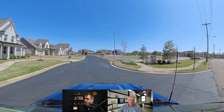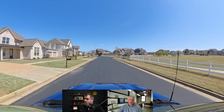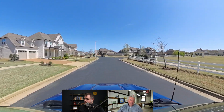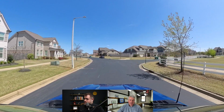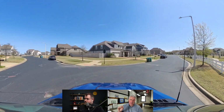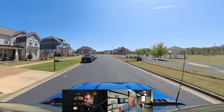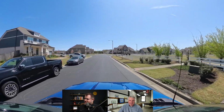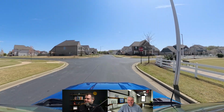This is one of the earlier phases of this development here. These are all pretty much sold. The model home used to be right there on the left. That was the prior model home. But as you can see off to the right, there's a ton of green space. There's a little canopy, or what do you call that, Jared? Kind of like a gazebo or something. Not really a gazebo, but kind of a covered patio area. A little covered area where you can sit out there and let the dogs run